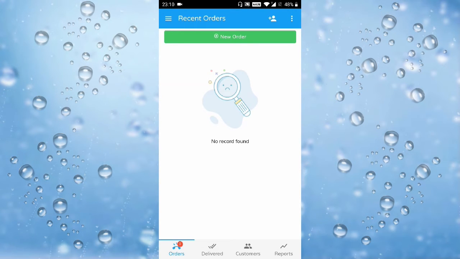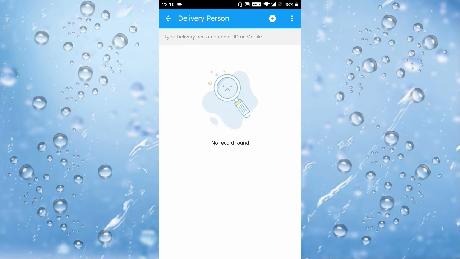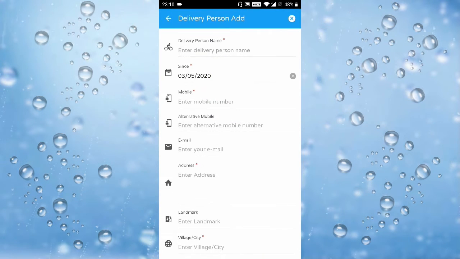You can add delivery person by choosing delivery person option from the menu, which requires certain relatable information.